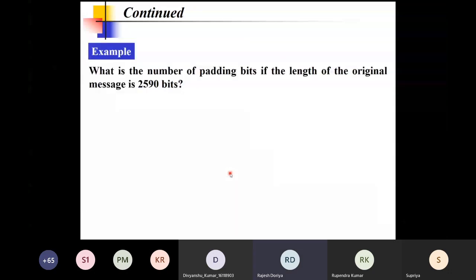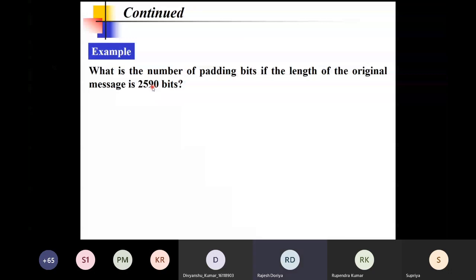Let's suppose an example. What is the number of padding bits if the length of the original message is 2590 bits? This is the question, and I'm telling you that the length of the original message is 2590 bits. Can you tell me what would be the size of the padding?